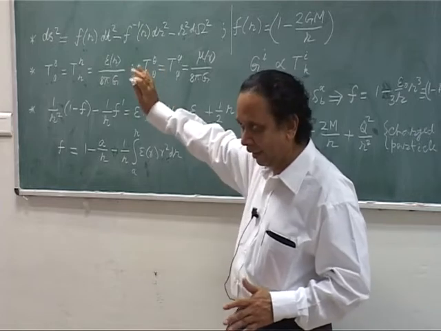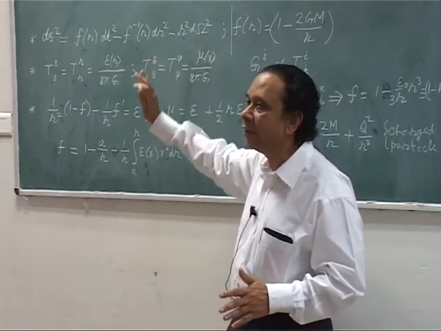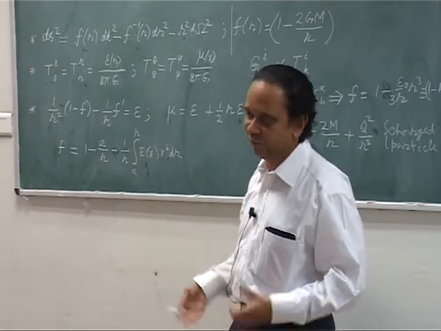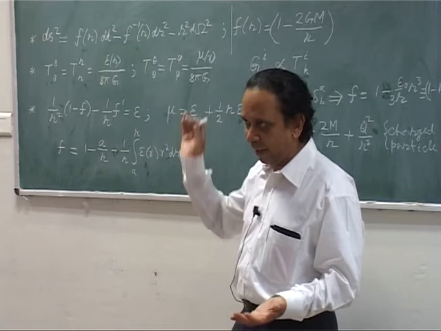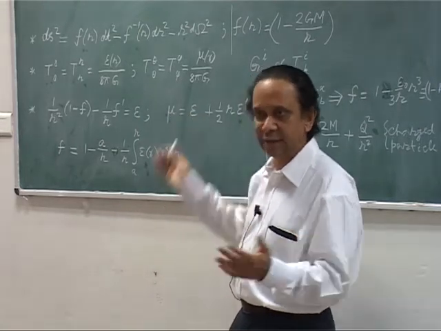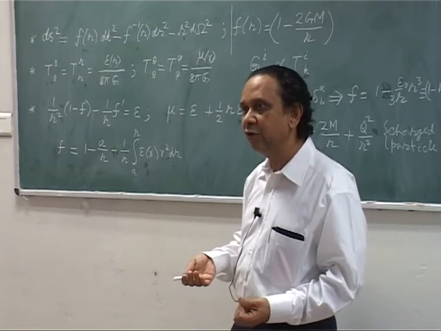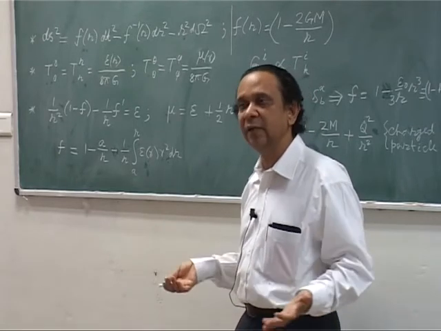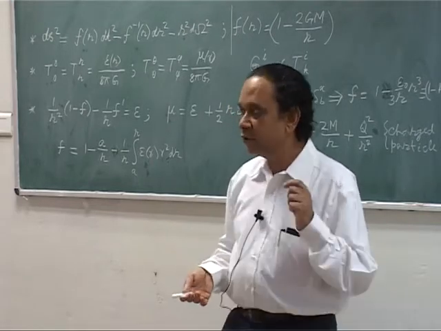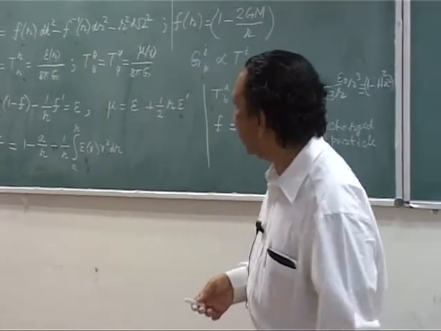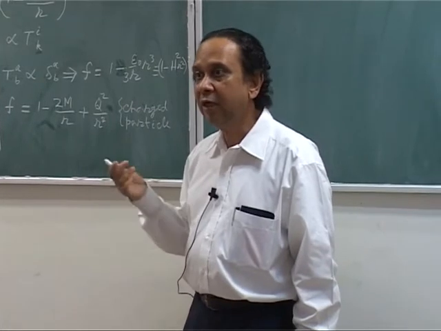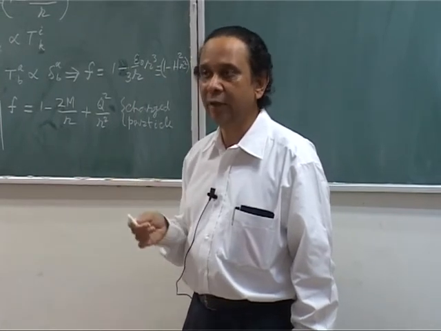So we have found a metric, and you can think of it as the metric due to the sun, for example, or a star, a compact star or a neutron star. In fact, it represents a black hole as well, but for black holes we will come back again, but certainly a very compact neutron star is represented by this metric, and we want to know what new general relativistic effects will take place around it. So we want to study physical phenomena around that. So the first thing which we want to do is, suppose there is a particle, photon or material particle or whatever, what kind of conserved quantities we can get for that.